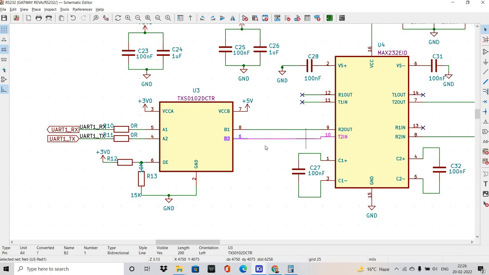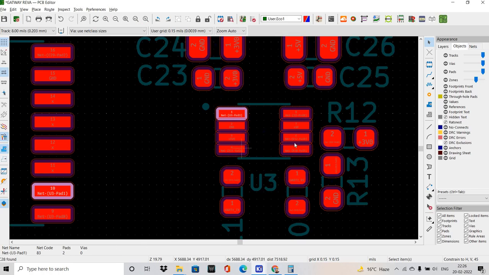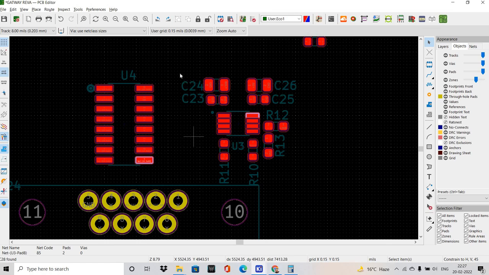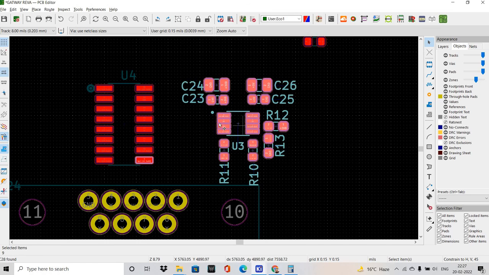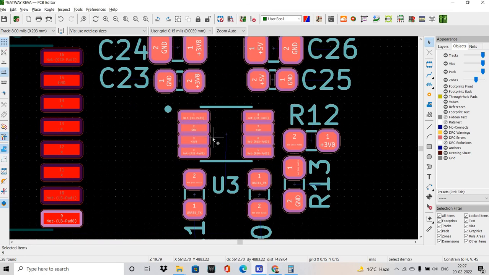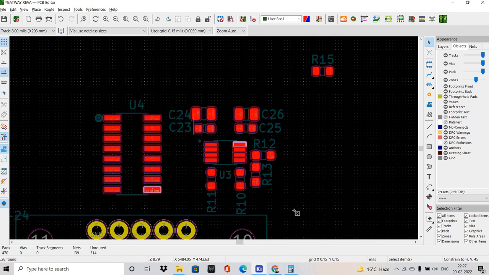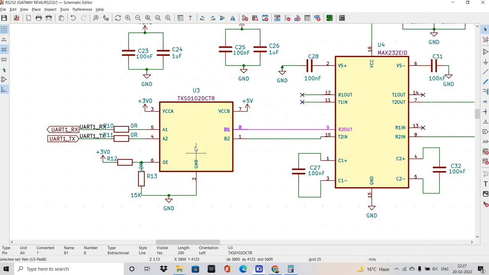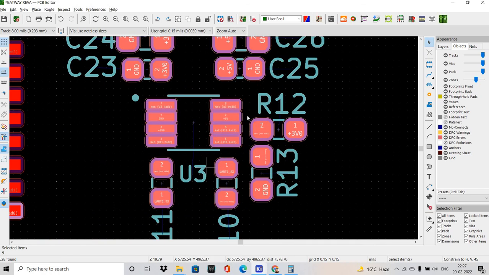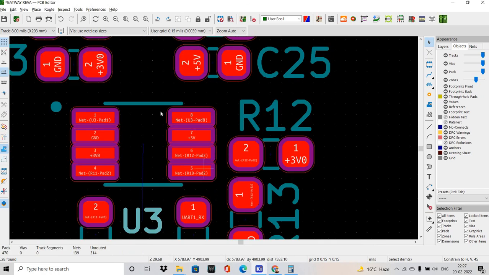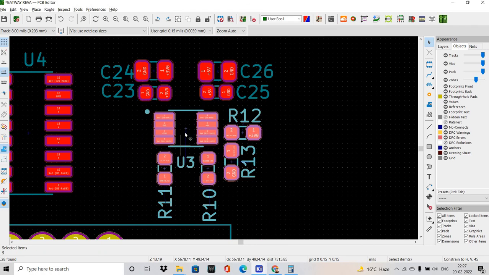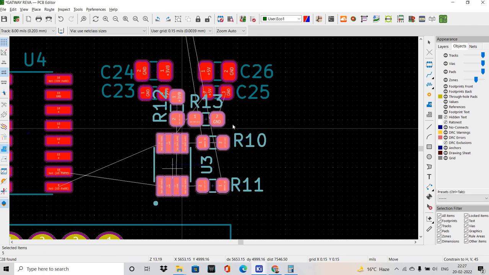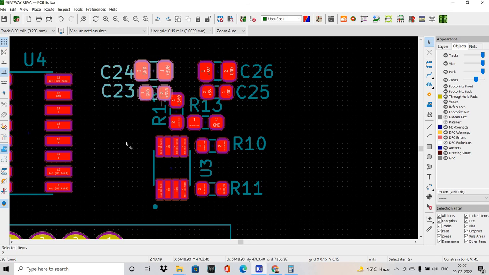So pin 1 and pin 10, and then we can see pin 8 connection to the pad 9. So the connection will be right here for this device, and then its out pins are 5 and 4. 5 and 4 is the out pin, so I have to place it in this way, and then